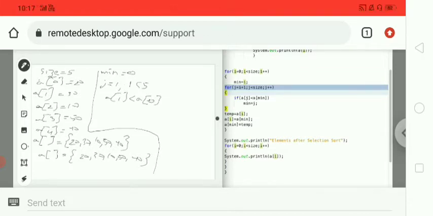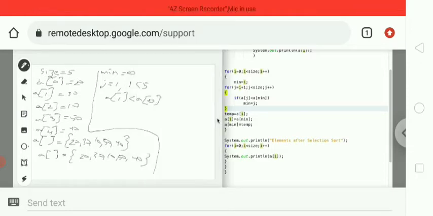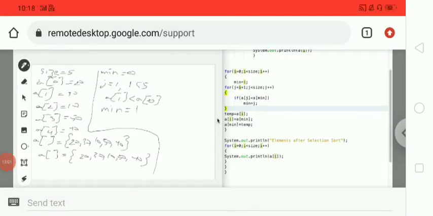If the condition is satisfied, then min equals j. Here 30 less than 20, the condition is not satisfied.